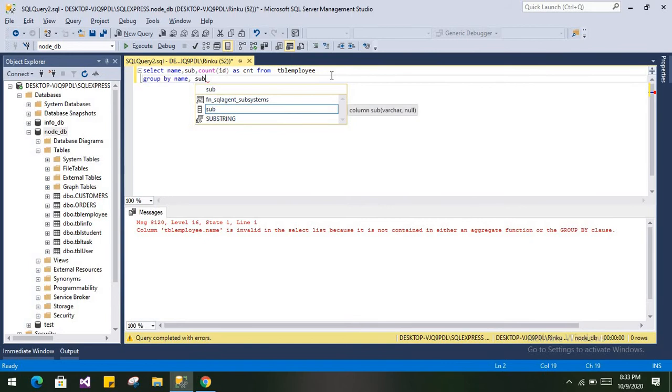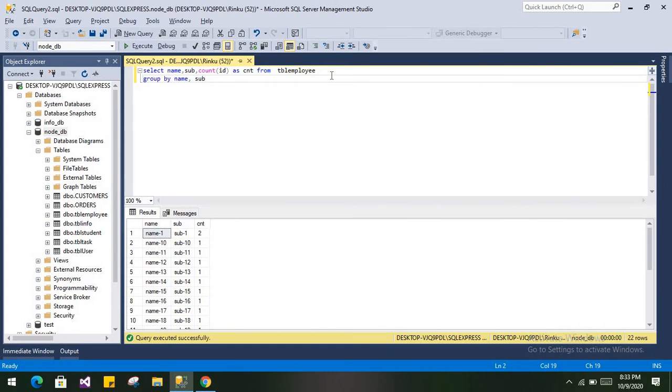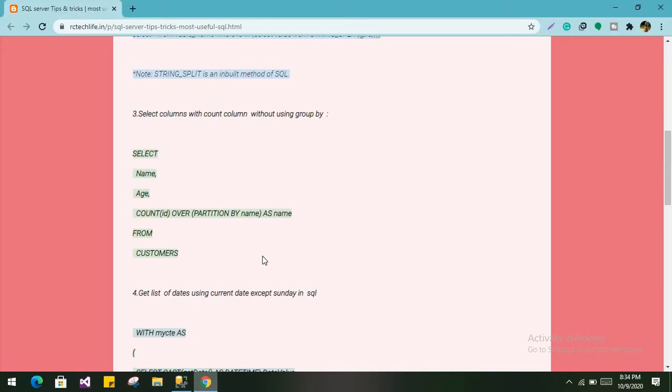You know about the group by function, which is an aggregate function, and how we can use it. So I will not describe it over here. But in some cases we don't want to perform group by on a particular column, because we have a lot of columns over here, so we have to include them all in the group by, which makes it complicated.